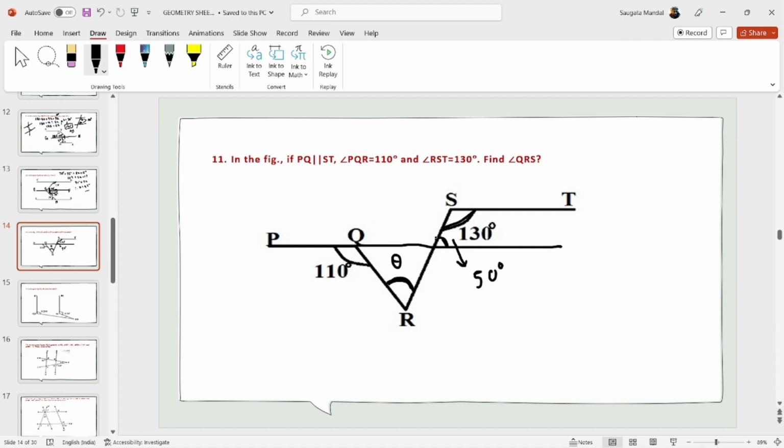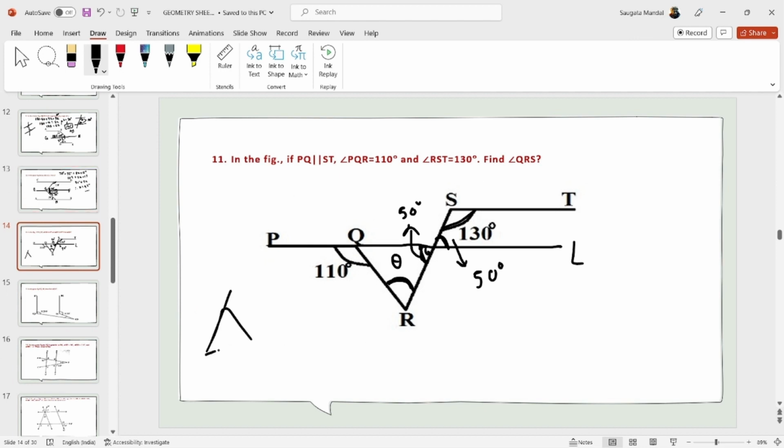Two lines SR and QL bisect each other. These angles and these angles are vertically opposite angles. So these angles are equal to each other. So it is also 50 degrees. And in a triangle, it is also 50 degrees. It is also 50 degrees. And we know that